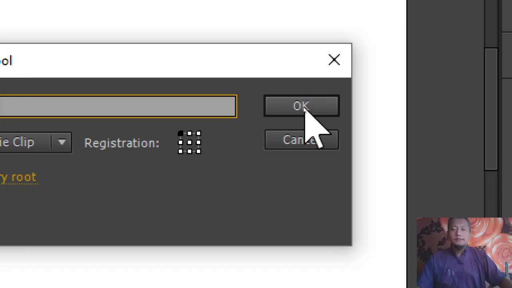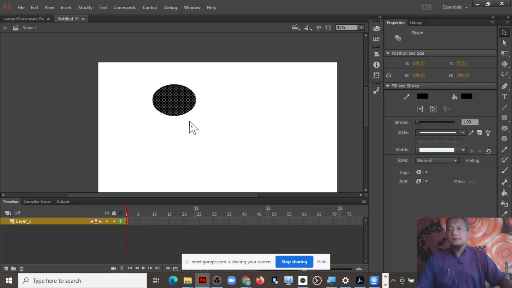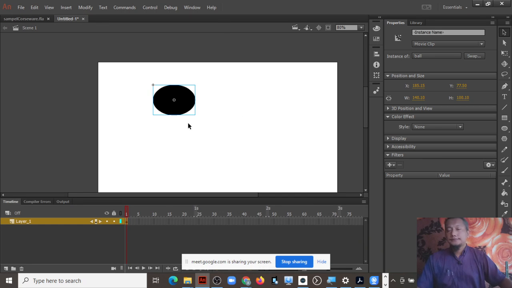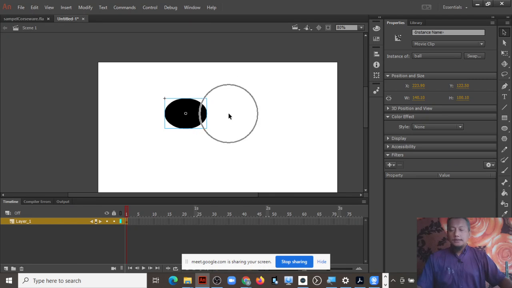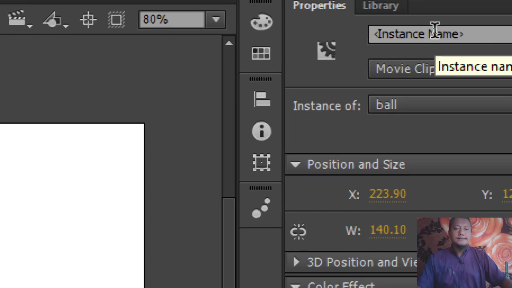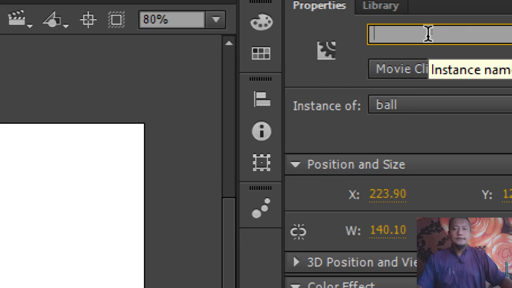It's better for you to assign the instance name here, rather than just using code snippet to assign the code. Go to Properties, you can assign the name here. For example, I assign it as ball.